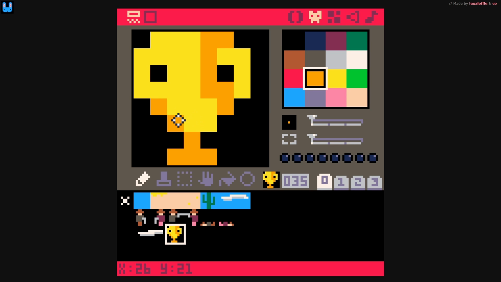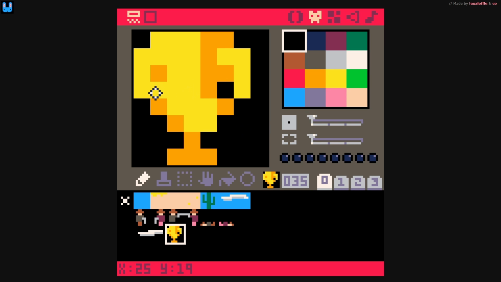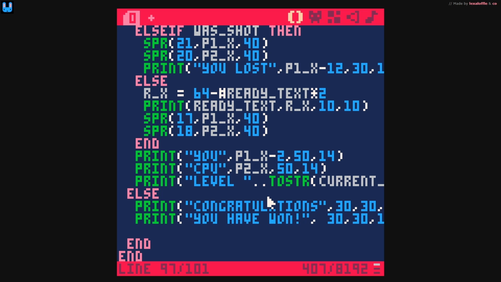Is it starting to look like a cup? I don't know. I am not the greatest artist. Maybe we can bring this here and put the black here instead. Okay, this looks absolutely amazing. Let's do this here. So this is sprite number 35. Let's put it somewhere on our screen. Sprite 35, and let's put it halfway in the middle, and